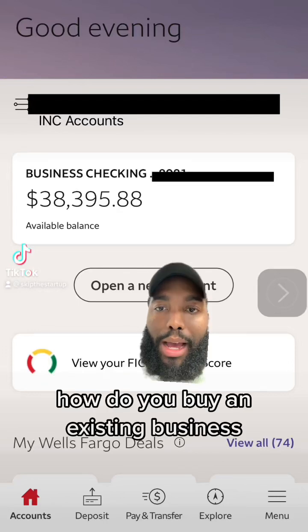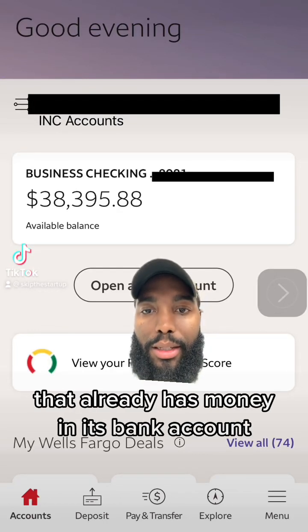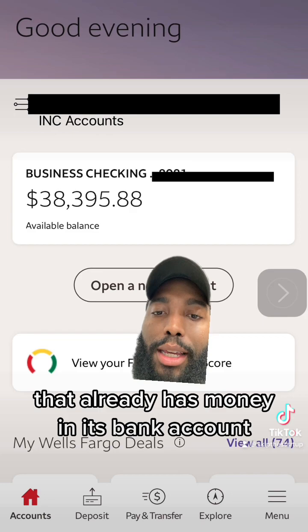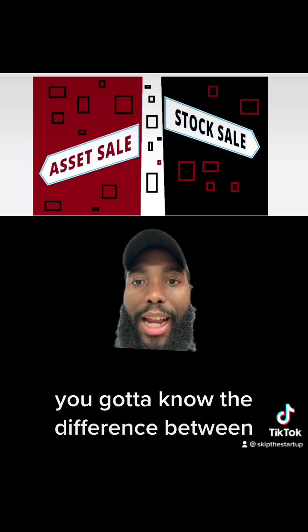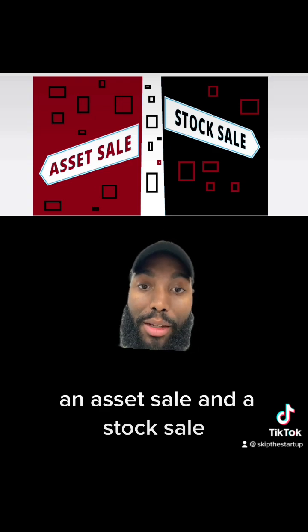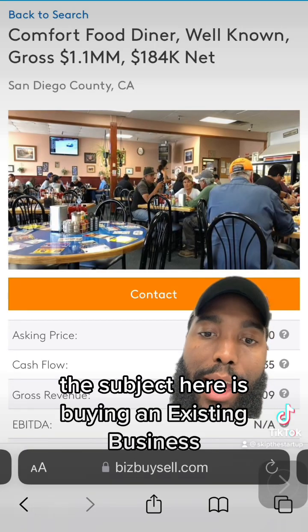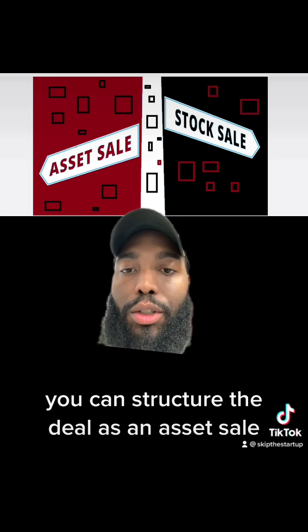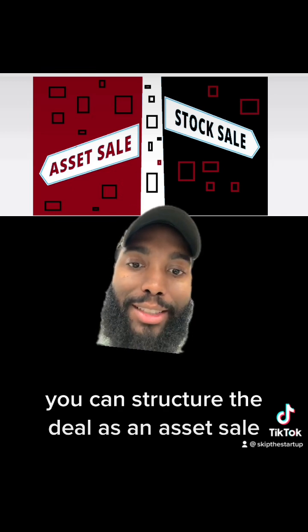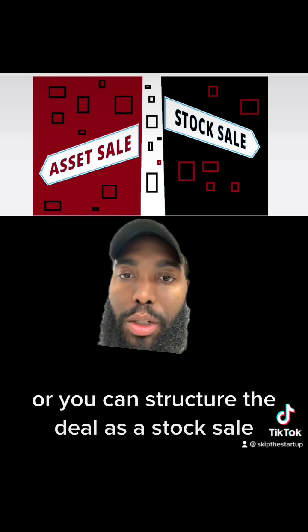How do you buy an existing business that already has money in its bank account? To understand that, you've got to know the difference between an asset sale and a stock sale. The subject here is buying an existing business. Buying an existing business, you can structure the deal as an asset sale, or you can structure the deal as